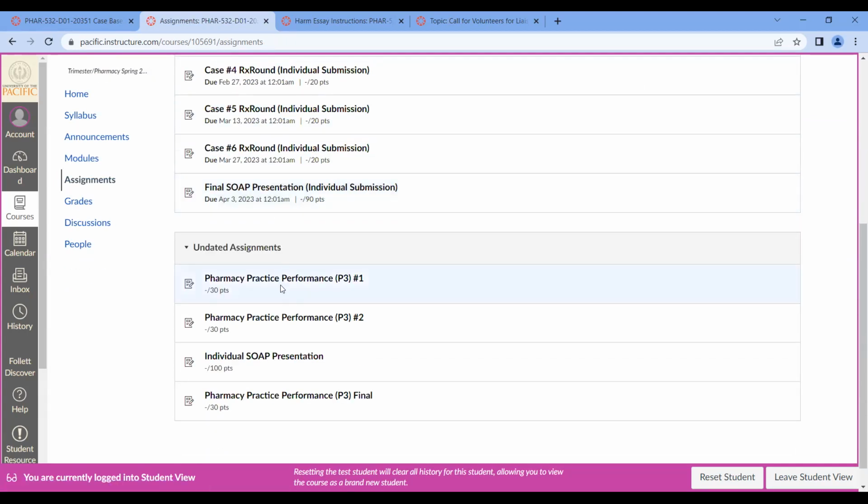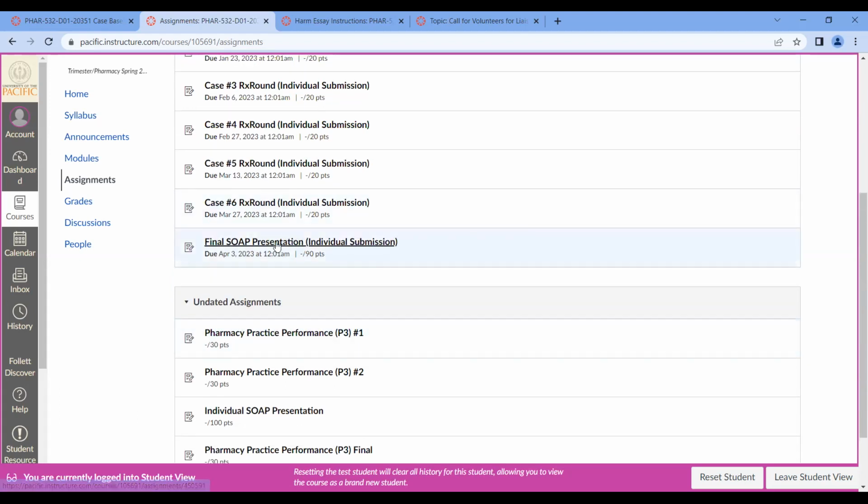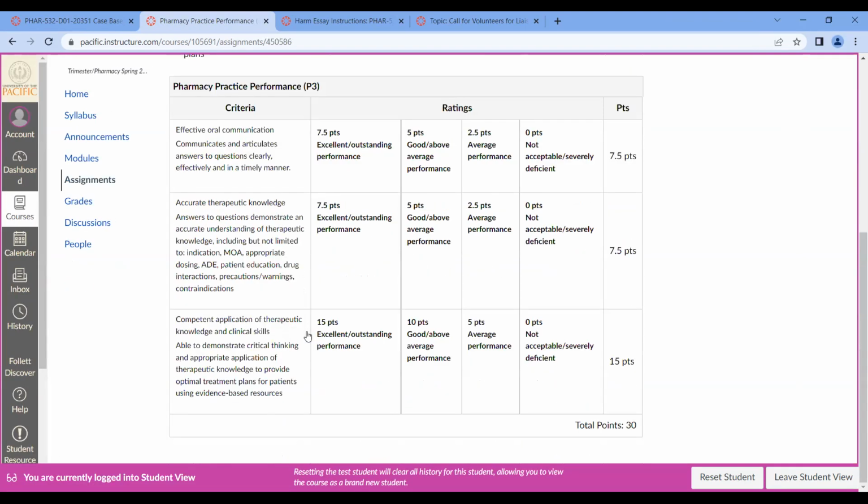And lastly, for your pharmacy practice performance, the final subnote is going to be the same as your individual presentation in terms of rubric. For pharmacy practice performance, the P3, again, you're going to be assessed on three things. The majority is going to be your clinical applications, basically the way you respond and the way you get to your answers. You demonstrate critical thinking, appropriate applications, you look at the guidelines diligently, you do your diligence to really get to your responses, not just citing lecture notes or not really thinking through the